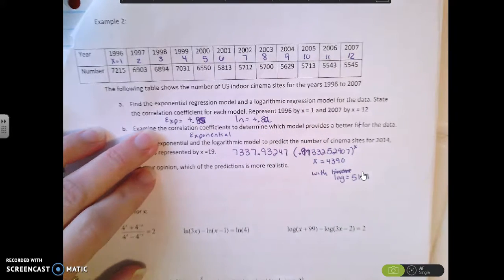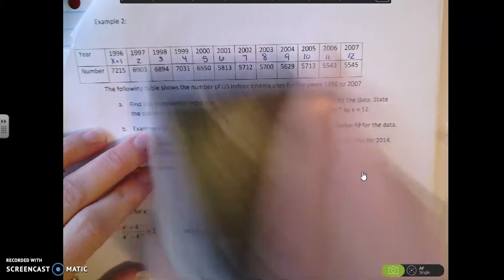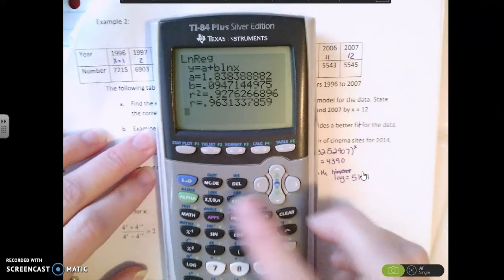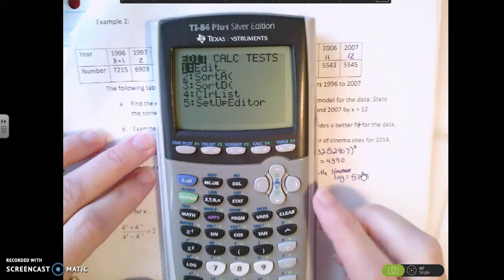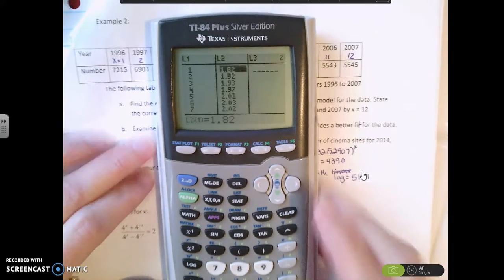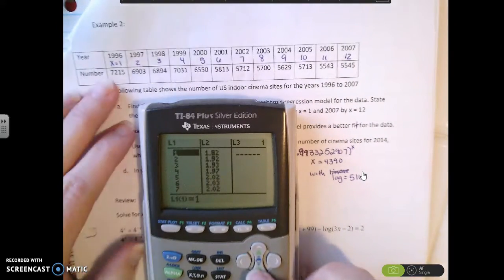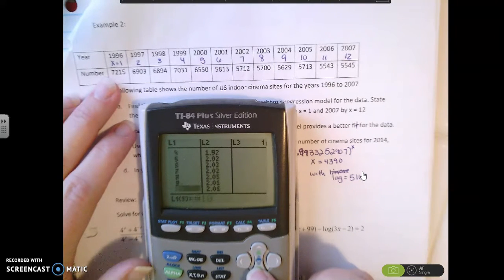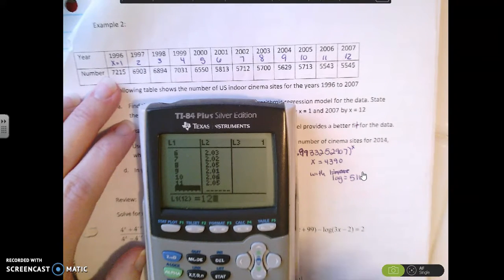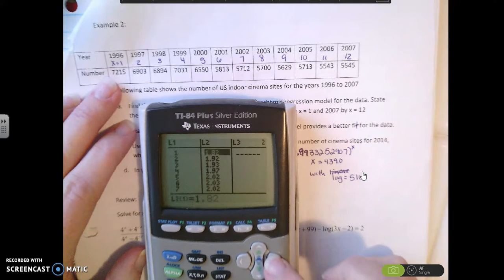Well, my exponential regression, when I put that in the calculator, came out to be 0.85. So again, what I'm going to do is go into Stats, and we're going to start this one, and we're going to go to Edit. And what I'm going to do is change these first values. Again, they're going to be 1 through 12, so I need to add one more. And then my second values, my L2s, are going to be the